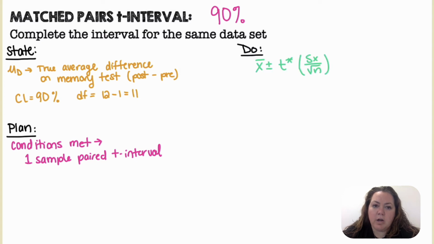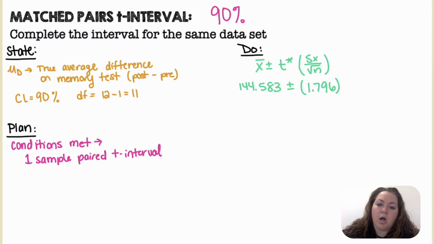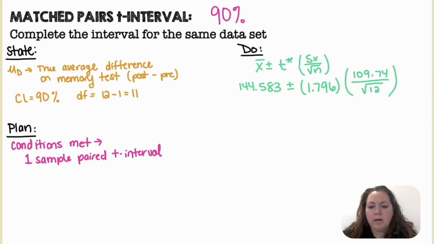Do: our confidence interval is our statistic plus or minus our critical value times the standard error of our statistic. So we have 144.583 plus or minus t star. So t star, we would do inverse t in our calculator. Our area, if we are doing 90%, that would leave us with 10%, which leaves us with 5% on one tail. So the area would be 0.05, and our degrees of freedom was 11, and we get a t star value of 1.796. Our standard error is 109.74 divided by the square root of 12,